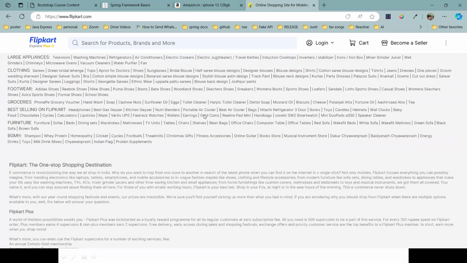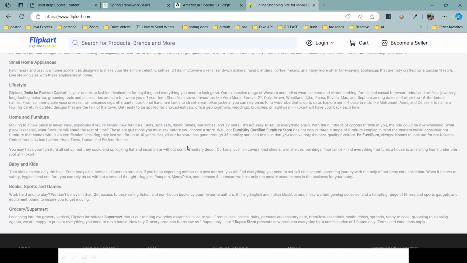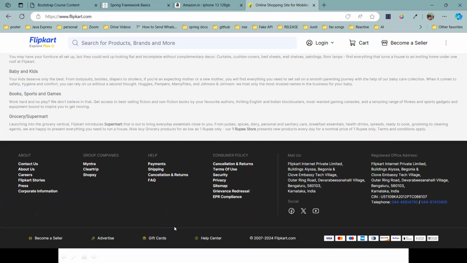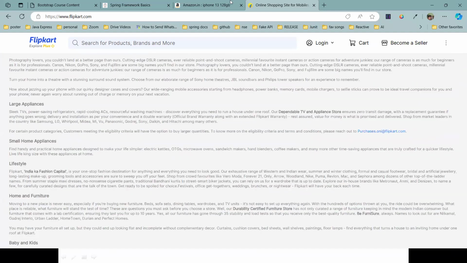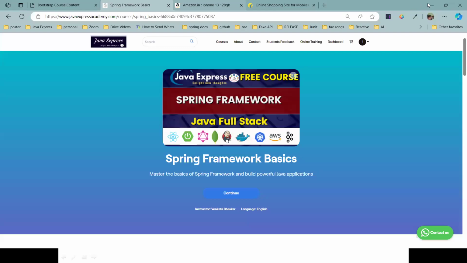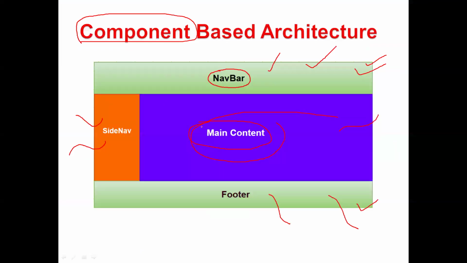Top stores, brand batteries. Oh, sorry. This is your footer component here. This is a dark mode in Bootstrap actually. This is a white color. Like this, we can design everything in a website page design in this pattern by learning Bootstrap with React here. This is a component based architecture. Okay, we have given enough information. Slowly we'll discuss how to create a component, what is a function, all the things we are going to discuss